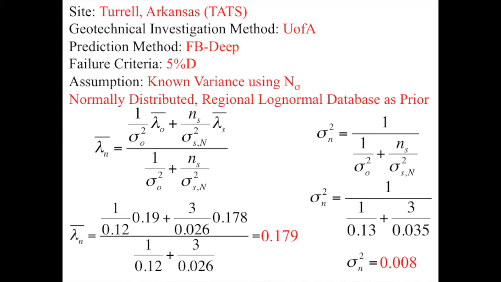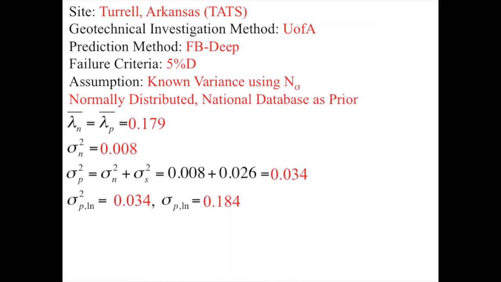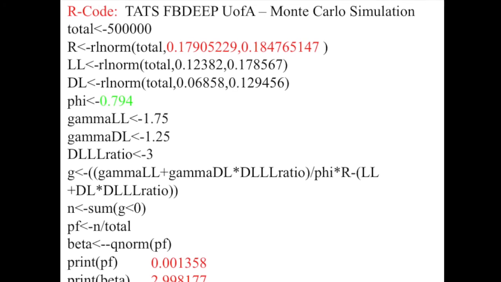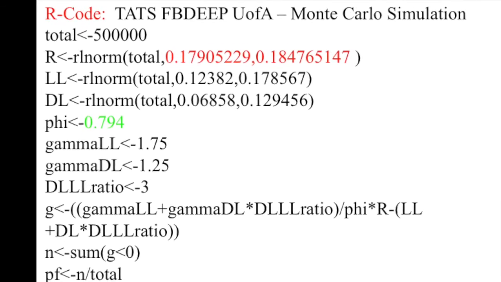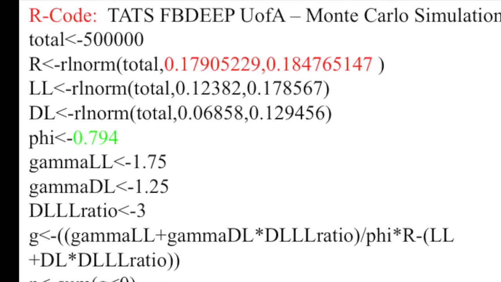Mean and variance values of 0.19 and 0.12 were obtained from Abu-Farsak et al. 2010. Due to the weighting, the mean and variance values for the predictive parameters of 0.179 and 0.034 were higher than the values of 0.178 and 0.026 that were obtained from case 1b. Likewise, the resulting resistance factor that was obtained, 0.794, was lower than the value that was obtained from case 1b,